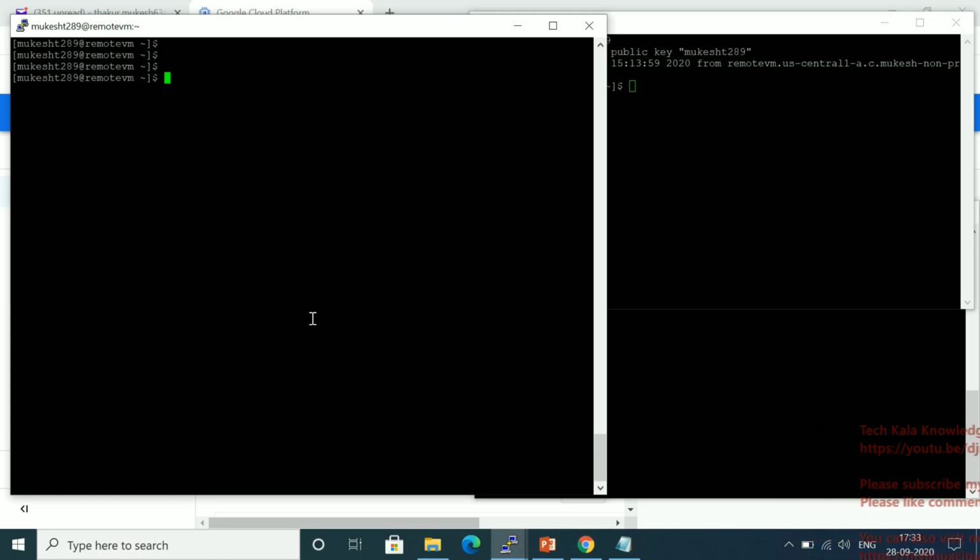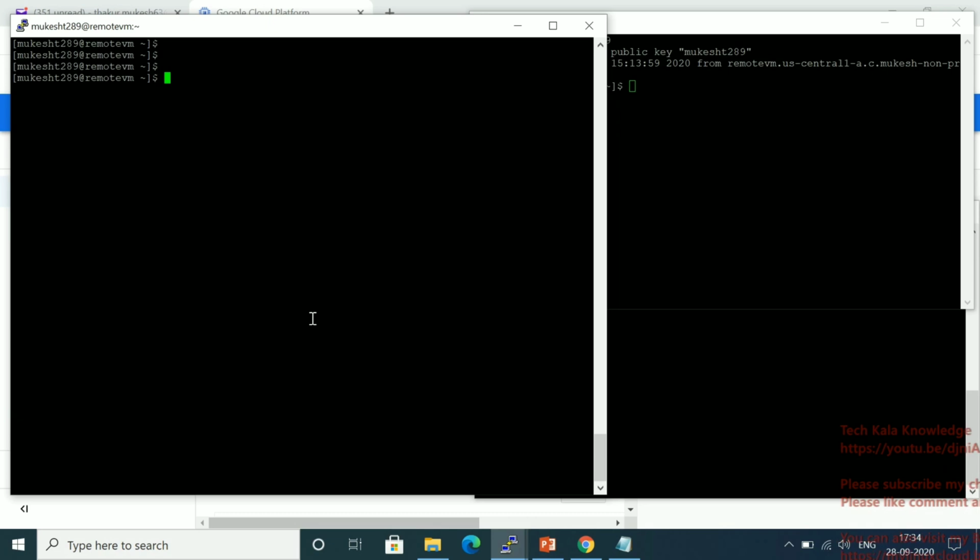What the inventory file is, I also uploaded that video to my YouTube channel, so you can go and watch it. The inventory file is nothing but one plain text file where we can mention our client server names.